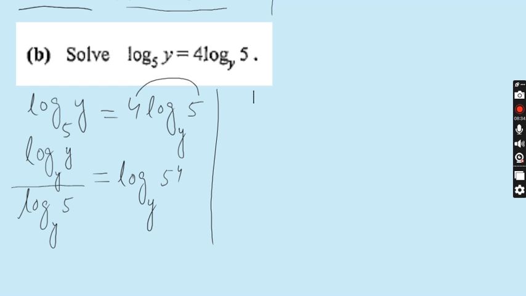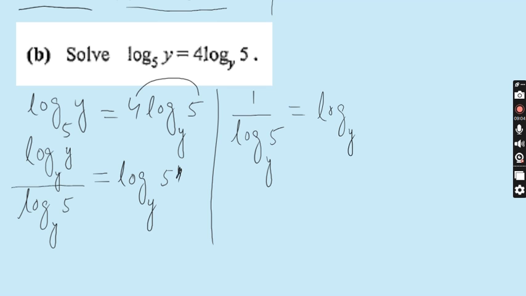Log y you know 1. If the base and the value are the same, the answer is always 1. Log y 5 is equal to log y 5 power 4, what is that? 5 power 4 is, or you can write,